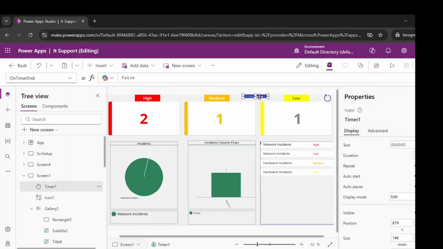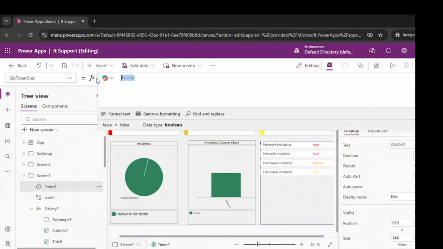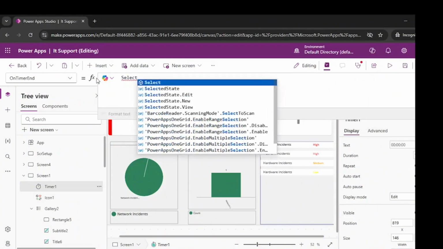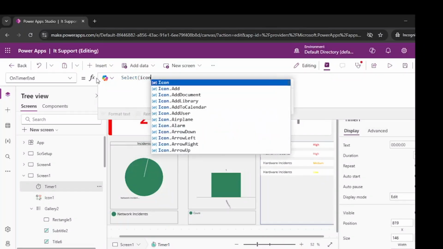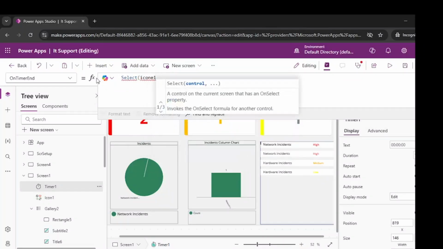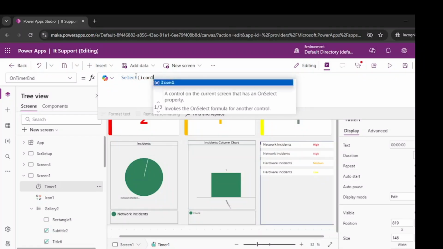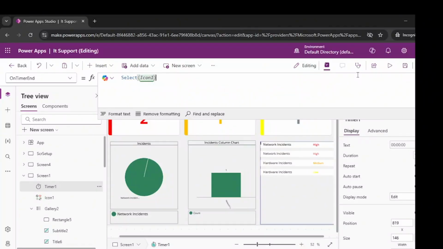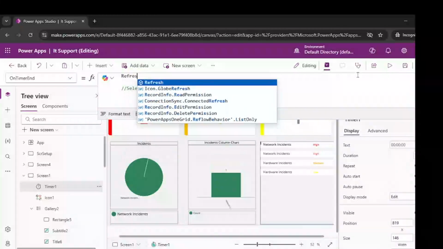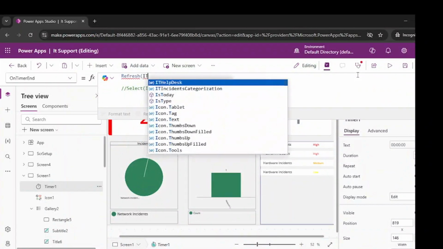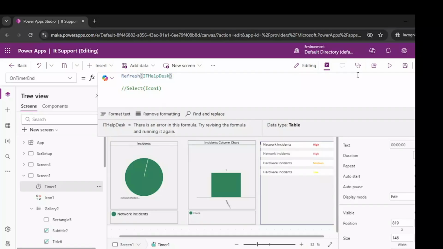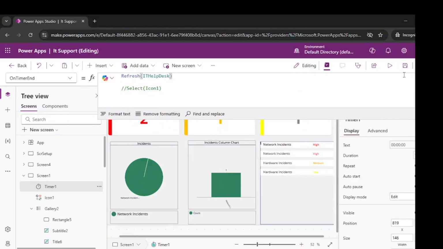So we could either call the icon, what is happening under the refresh, under the reload icon, by using the select function, select icon 1, which invariably does the action of icon 1. But let's just go straight into what icon 1 is doing. It's just a refresh of the database. Yeah, refresh IT help desk. Okay,